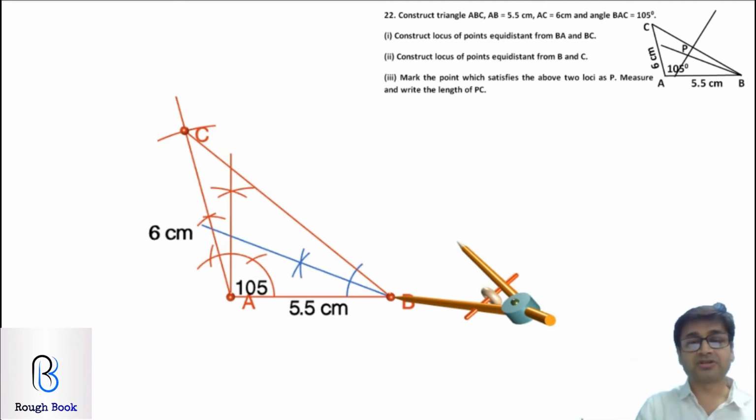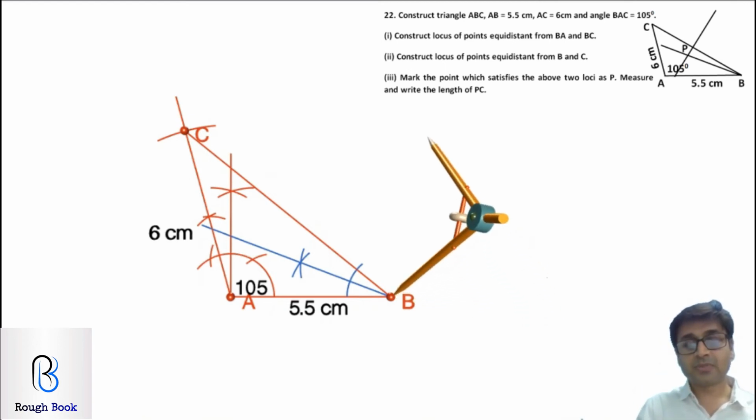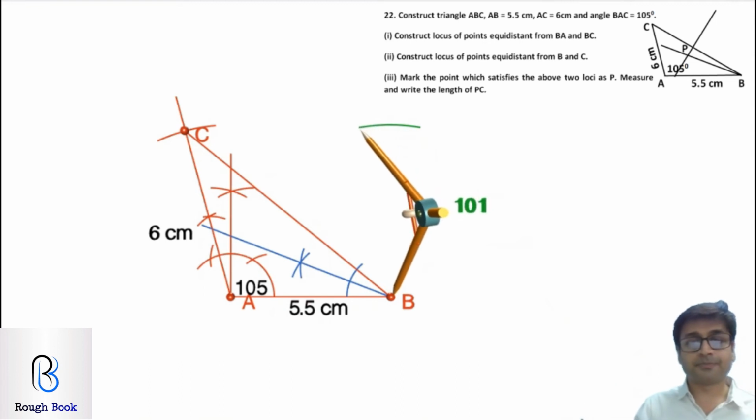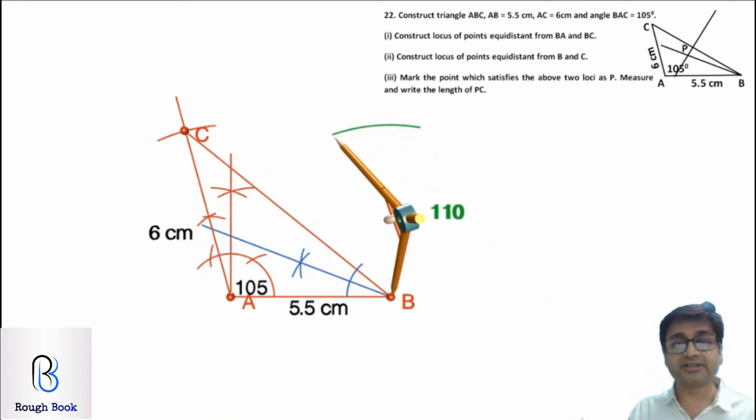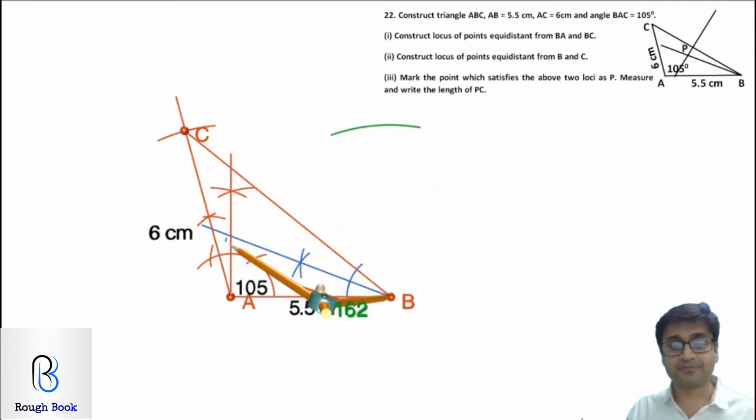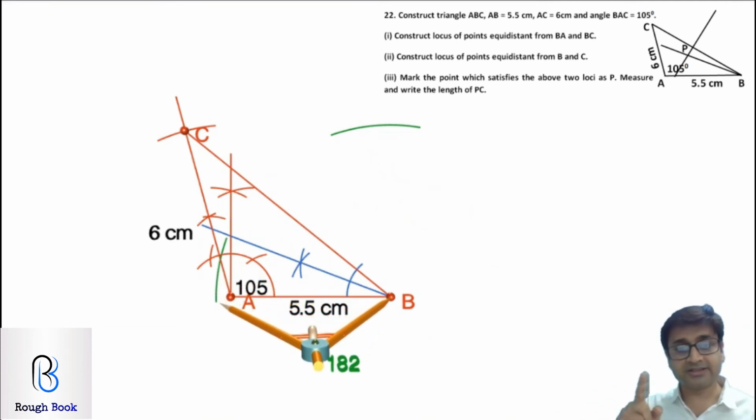Second part, equidistant from B and C. So if it is equidistant from 2 points, then you're going to draw the side bisector, B and C. So you're going to draw the side bisector of BC. Come on, draw it. Pause the video, on your own try it. So from B, cut an arc on top and then down, suitable radius greater than half of BC. And then same radius from point C.